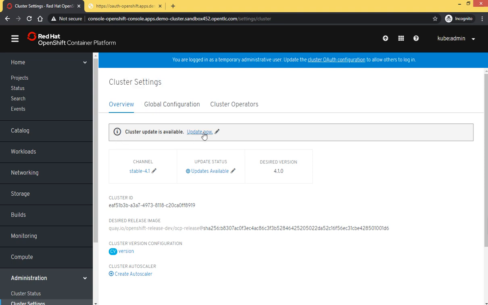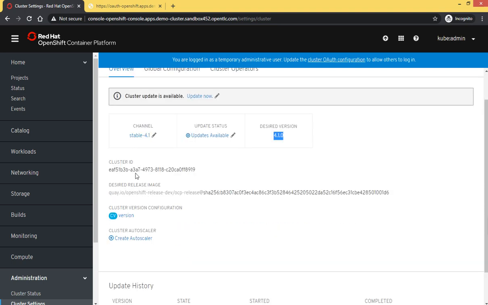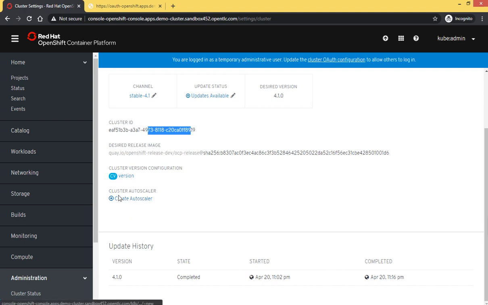Okay, so we can update our cluster, right, with channel or version. Desired version is 4.10. Right, cluster ID, image, right, and we can create an autoscaler here. Other details are when it started and when it completed.